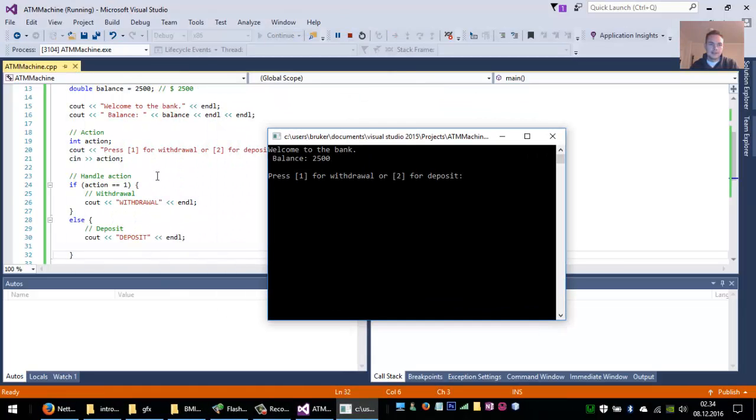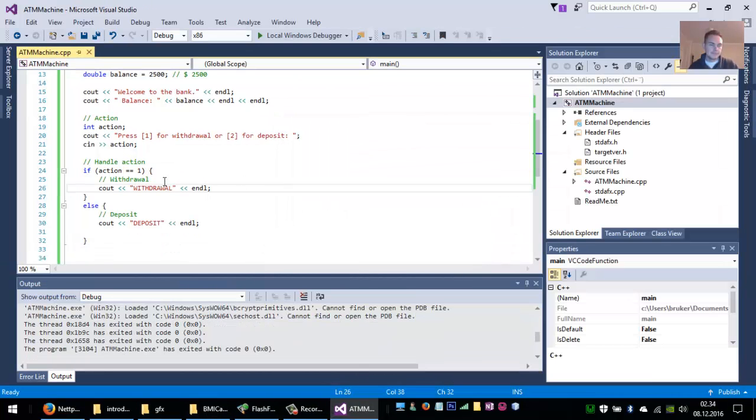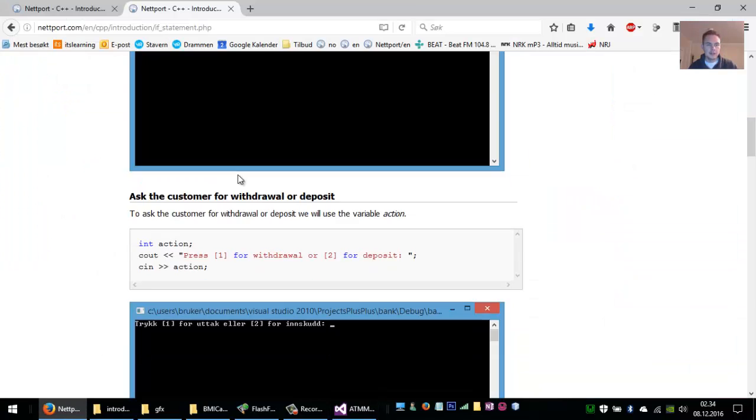The cool thing here is that it only says that if the user presses 1, then it goes to withdrawal, but if the user presses anything else, then it goes to deposit. So let's say that I press 9, then I should go to deposit, and I went to deposit. So now we have the simple if and else for the action handling, and we can go further